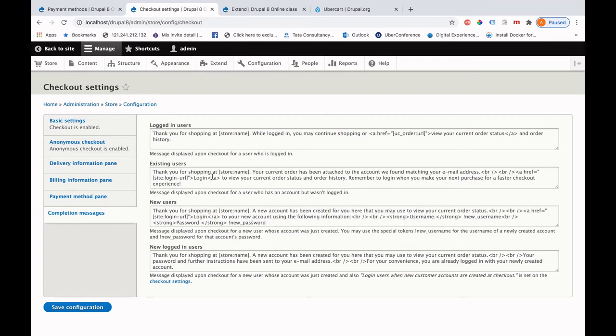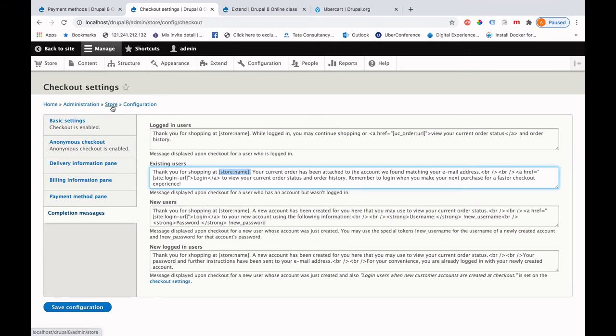For example, for the existing customers, you can add whatever you want. Okay, this is the token name which you can use, so it will automatically take from the store name which you have saved. Okay, and you can add as much text as is applicable and relevant to your website or store.